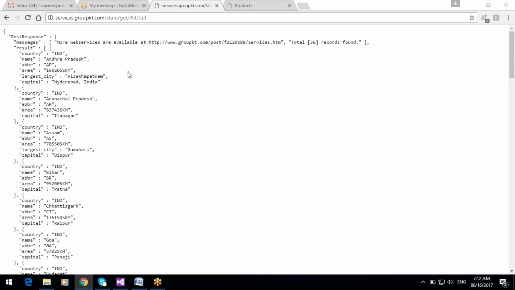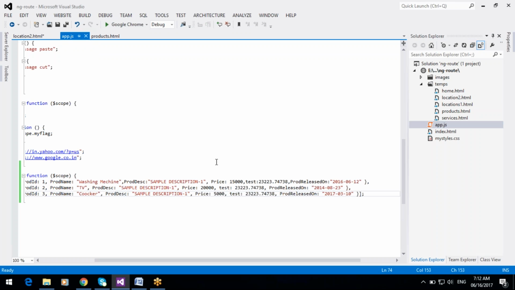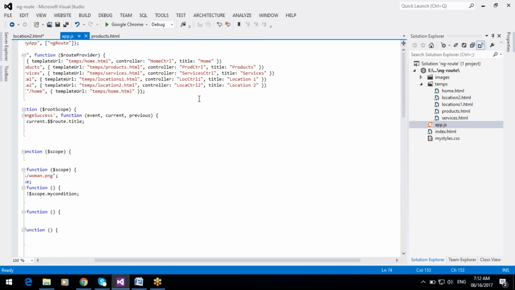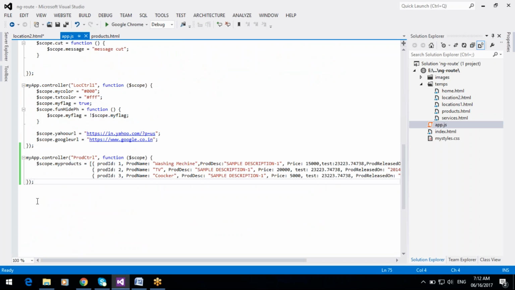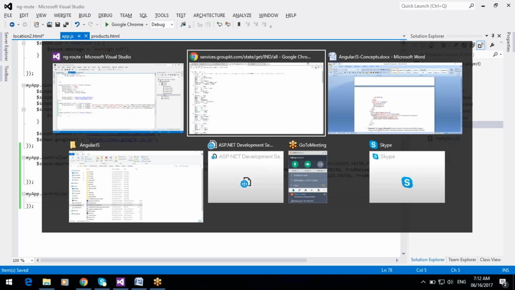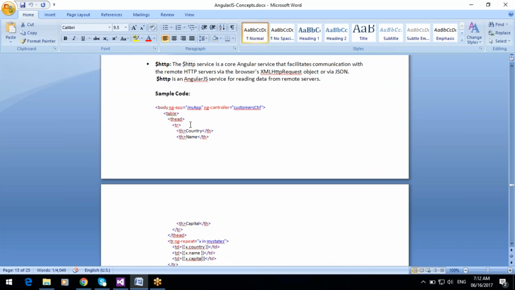First of all, open the location2 controller, myApp.controller function. So this is the HTTP service to read the data from the database.